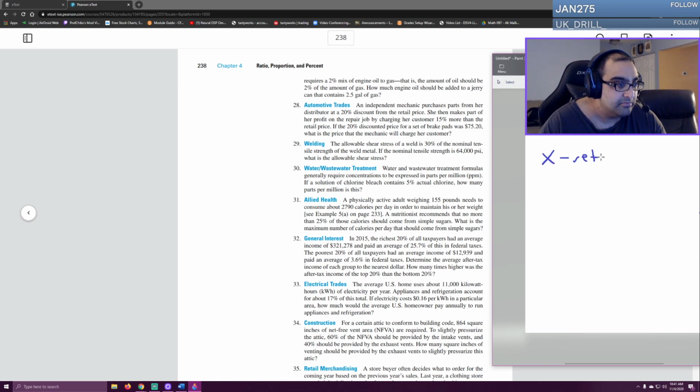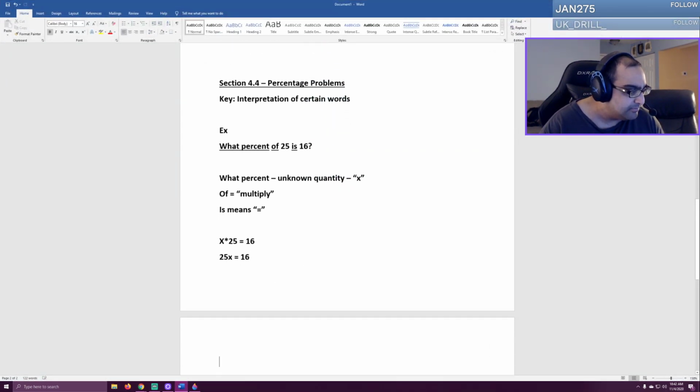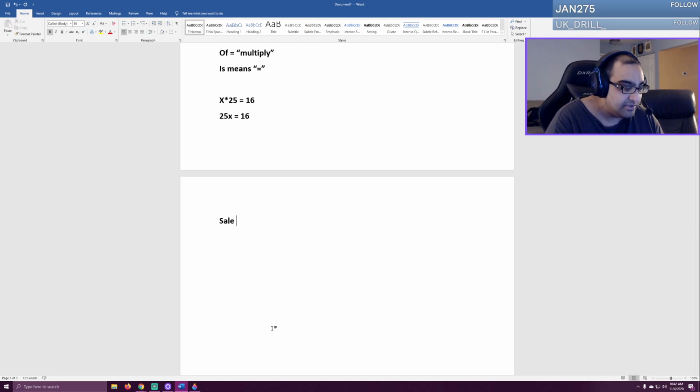We don't know how much the retail price is going to be, but what we do know is that the 20% discounted price for a set of brake pads was $75.20. So if we know that, then we know exactly how discounts work. Again, we take the original retail price minus the discount, and that will get us our sale price. So let me put that in the actual Word document here. So again, a sale price is equal to the original price minus the discount,